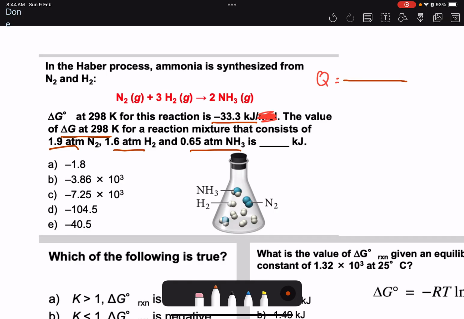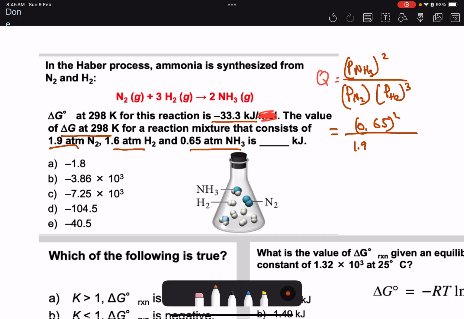So we still need to calculate Q, and that is the pressure of ammonia squared divided by the pressure of N2 and the pressure of H2 cubed. So Q is equal to NH3, it's 0.65 squared over N2 is 1.9 and H2 is 1.6 cubed. Once we find Q, we plug it into the formula of